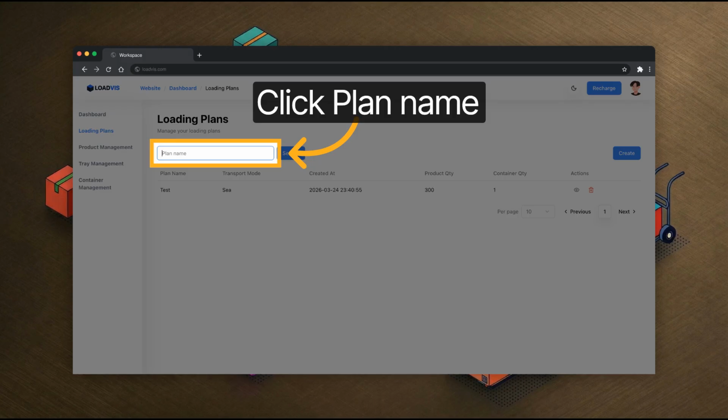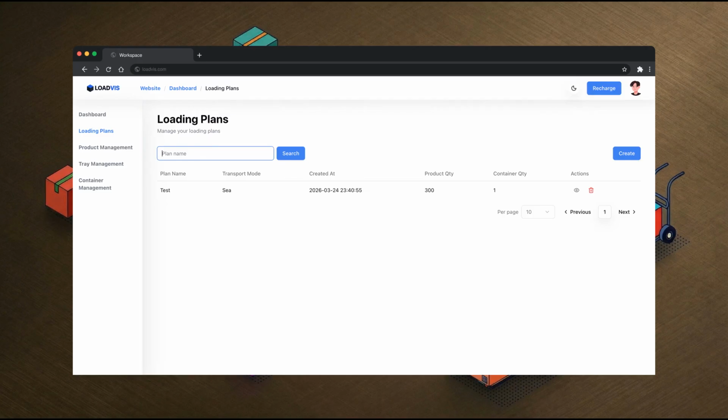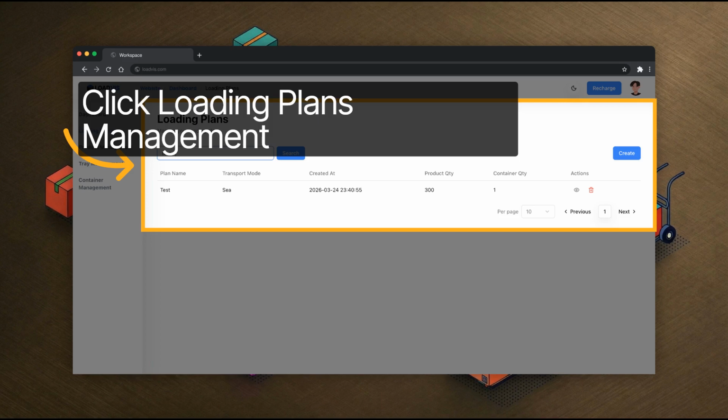Click Plan Name to sort or filter the loading plans by their names for easier navigation. Fill the search field with Tester to filter loading plans related to tester entries. Click the Loading Plans Management area to view, search, and create new loading plans with detailed information such as transport